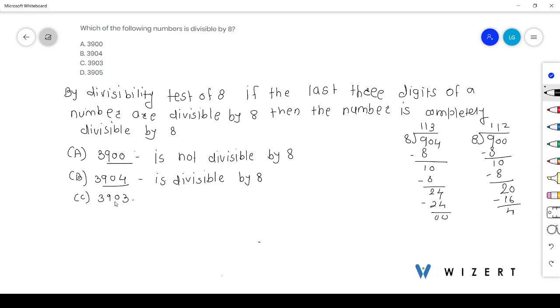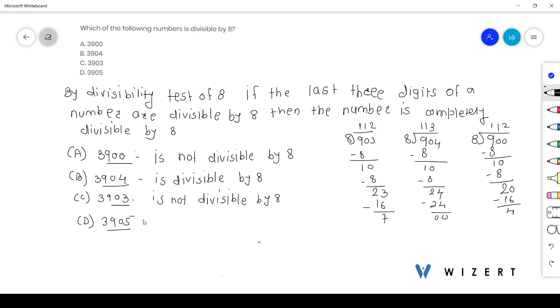3903. Now the last 3 digits are 903. 8 ones are 8. 9 minus 8 is 1. Move this 0 down. Again 8 ones are 8. 10 minus 8 is 2. And 8 twos are 16. Here remainder is 7. So it is not divisible by 8. And then last option